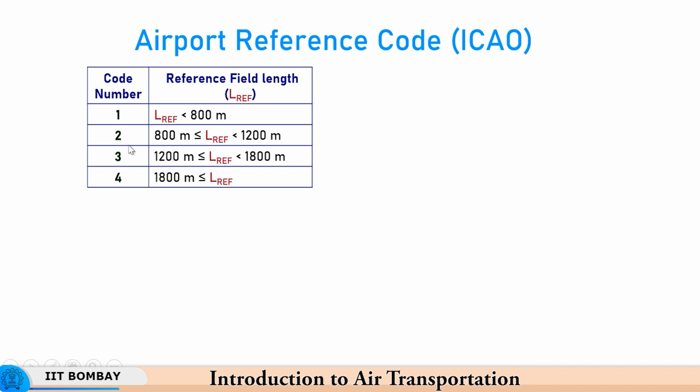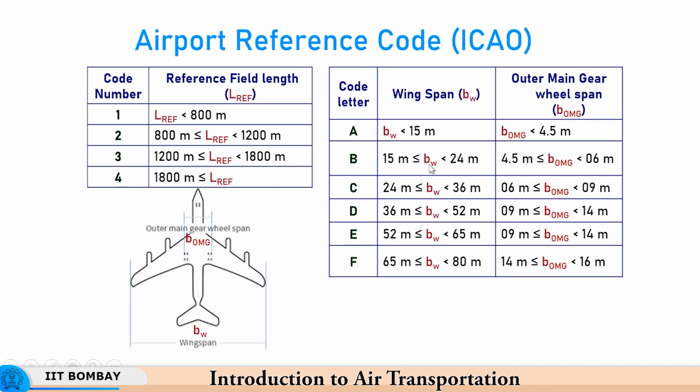Code number 2 is if the reference field length is between 800 to 1200 meters. Code number 3 is if you are more than 1200 but less than 1800, and if you require more than 1.8 kilometers or 1800 meters, then you call it code number 4. As far as the code letter is concerned, there are these letters from A to F. So, if the wingspan is below 15 meters, or if the outer main gear wheel span, that is the distance between the outermost wheels of the main landing gear as shown here, is less than 4.5 meters, then you come under code letter A,